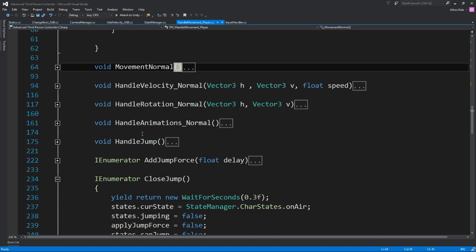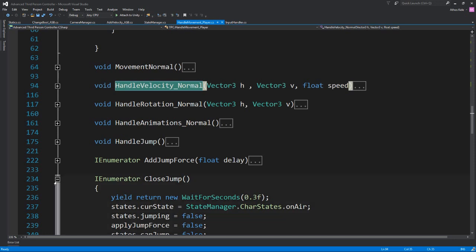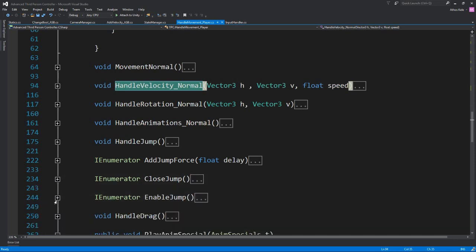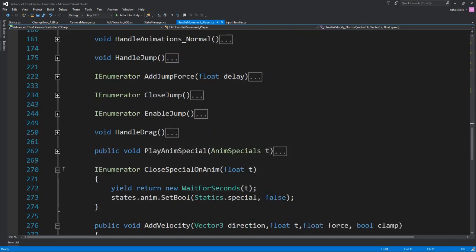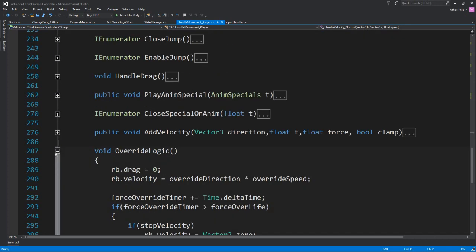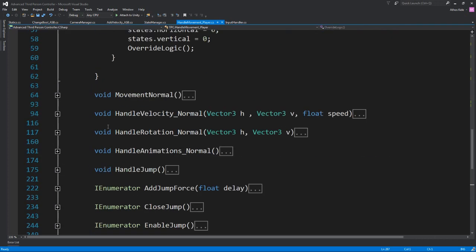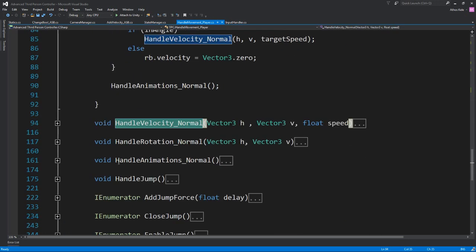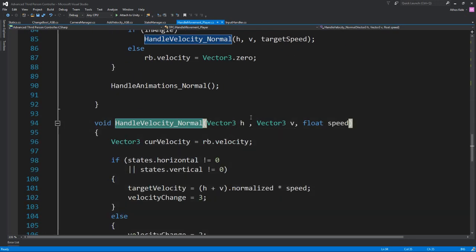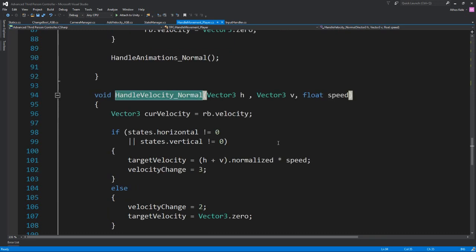Handle rotation normal. And let's see them and watch them in order, actually, so we do not forget something. Handle velocity normal. You need to pass the two vectors and a float speed. We find our current velocity with our own rigid body velocity,